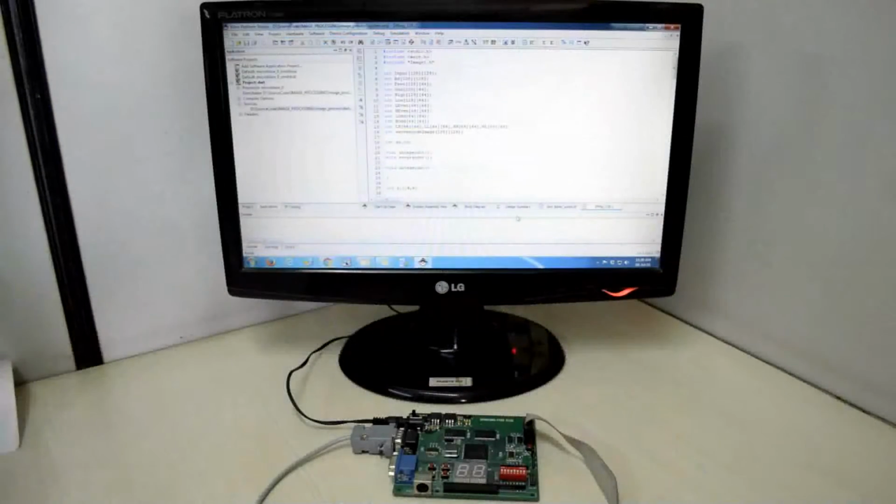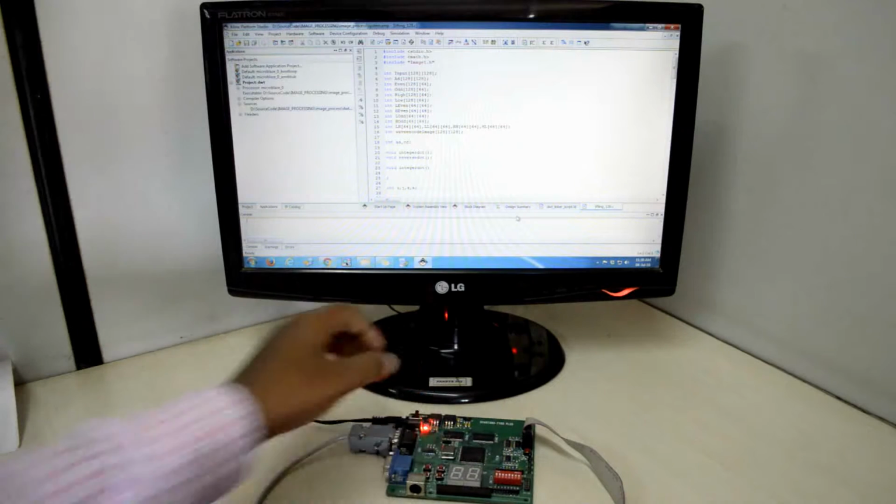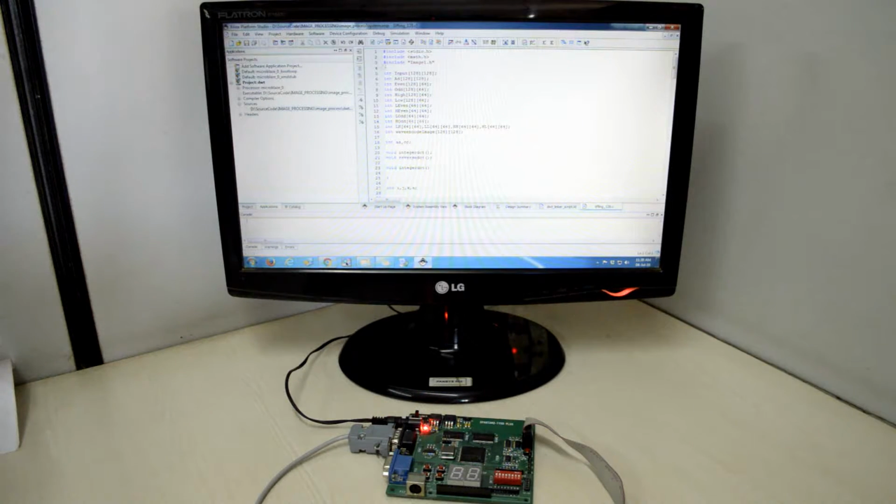Let's see the demo. We open the discrete wavelet transform project in Xilinx Platform Studio. Now turn on the Spartan 3 FPGA image processing kit and download the project. It's turned on. Now do download bitstream under device configuration.